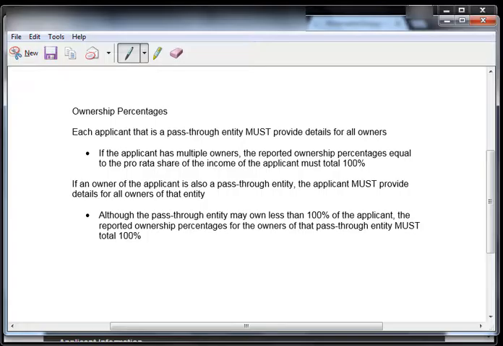However, if you have additional owners over and above that own entities A, B, and C that have an ownership percentage in Wind Project 1, they must also be broken out. And those percentages must equal 100% for each of the entities that have invested in the applying facility or business. Okay, that being said,